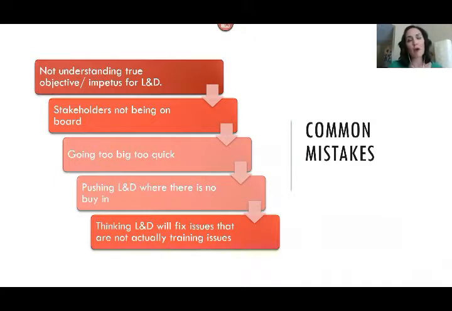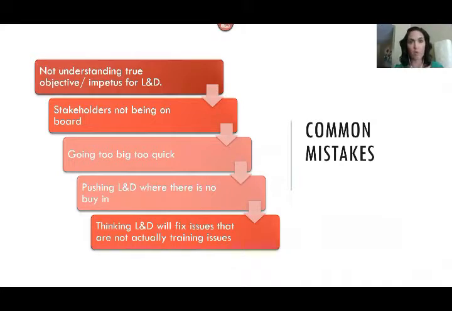Pushing L&D where there is no buy-in. So again, this kind of speaks to having those internal champions and making sure that you are building where you're wanted. So you don't want to try and push this learning into an area that they're not seeing the value, that they don't feel like they need it, or they don't have the pain points. As soon as you start building these programs for those internal champions, for the areas that really need and want it, it will catch on like wildfire, and you will start to see those other departments or other customer bases that are going to be asking for this. But make sure that you're kind of going where you're wanted to start, so that you're not pushing it on other people.